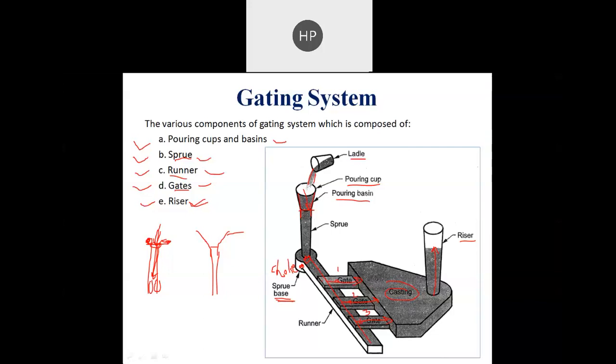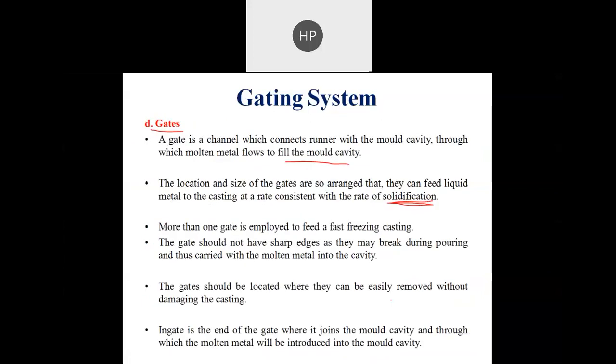as the molten metal enters, it should reach here in minimum time, so that the solidification process does not affect that area. Solidification will start, or it will be conducted, at the position where we require, and for that we have to flow the molten metal as quickly as possible, and that's why these are very important.